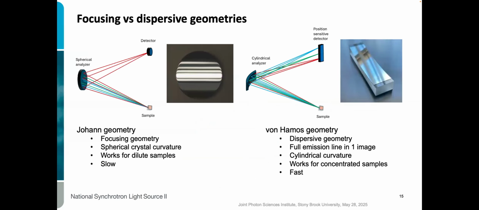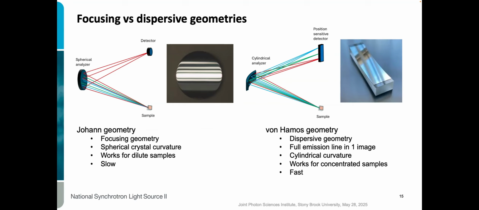Now, this is one way. You take the light coming from your sample. You have this spherical analyzer that focuses certain wavelengths, certain energy, onto the detector, and you move the whole thing, and this is how you scan. But if you bend the crystal in only one direction, like a cylindrical bend, it would actually disperse the light